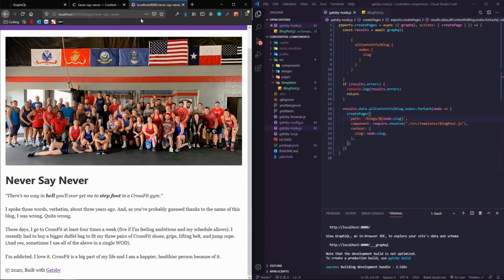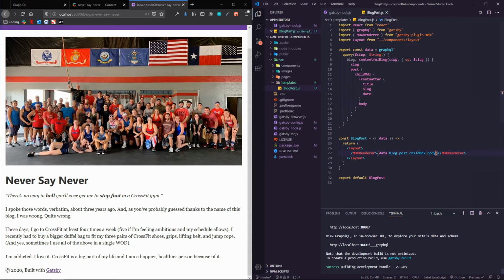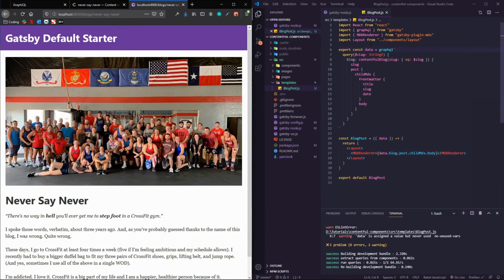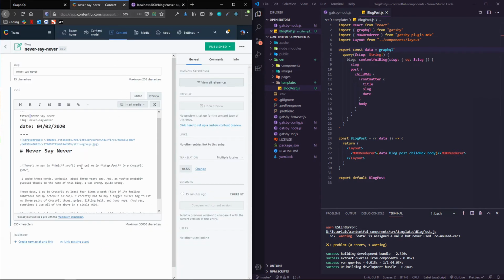So that's all awesome. And already, just with MDX renderer, now I am able to write Markdown in a Contentful file here, and then just import it. Which is awesome. Anyway, so this is structured fine, but the issue is if I come to Contentful